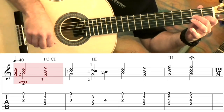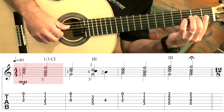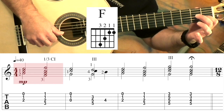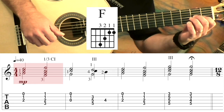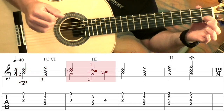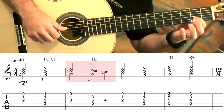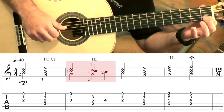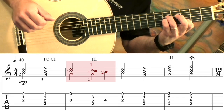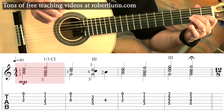Alright, so we're going to begin, which then goes to an F chord. And what I do, we have a pivot finger here, so the second finger can stay down. When I go to the F chord, then we have this, and then we have this. Now the first finger is going to act as a guide finger. I just keep it on the string, and you get this chord, which then resolves there. So the first two measures,